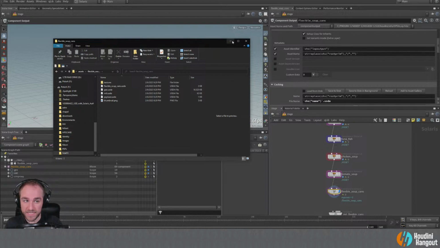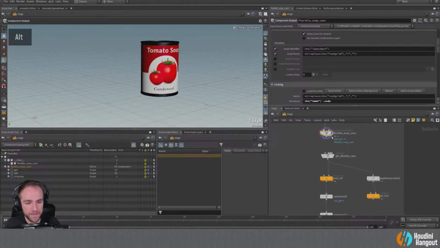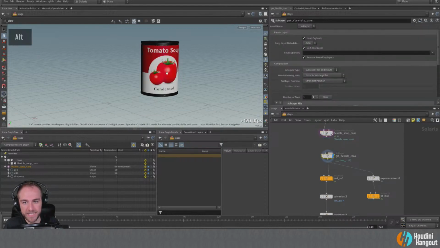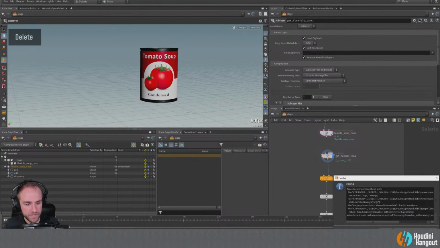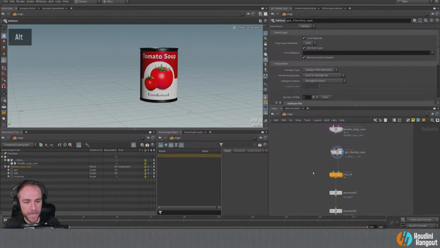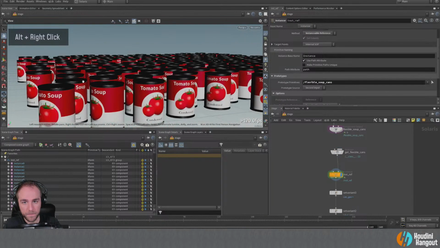So okay, we have this saved to disk, right? We're doing the same process that we did before, where we have a master file, a payload file, and then a geo and a material file. This is a base standard way of working. Here we're just going to bring that file back in from disk, so that we know that we're reading it, loading it clean from disk. We're not going to worry about this side of things here. I'm just going to get rid of those. Okay, so we've got our cans, and I'm just going to instance those just the way I did before, right?